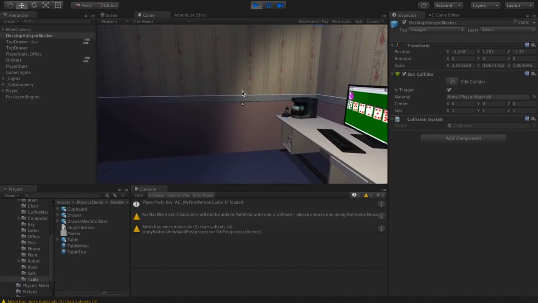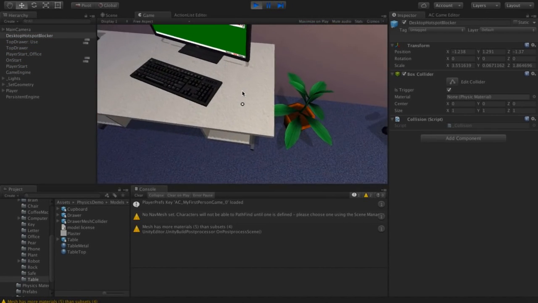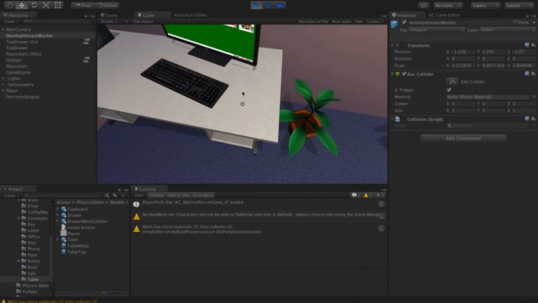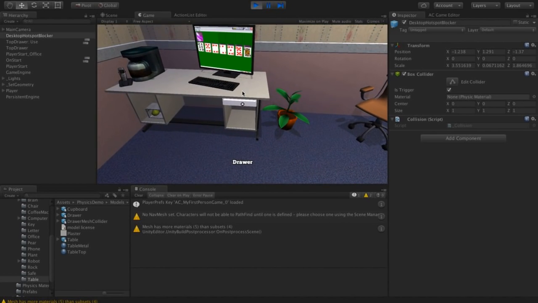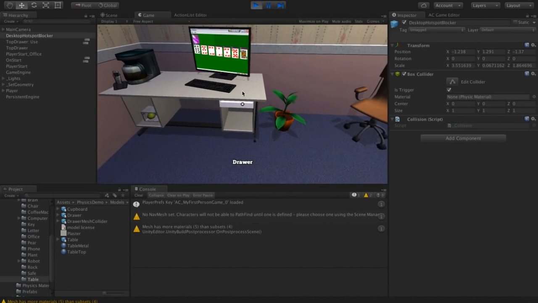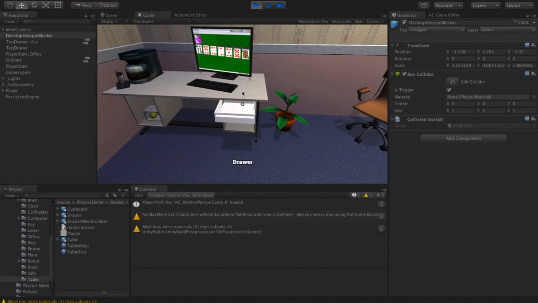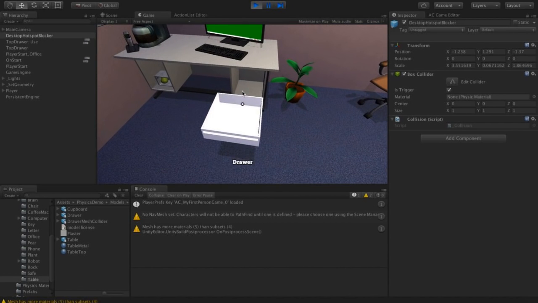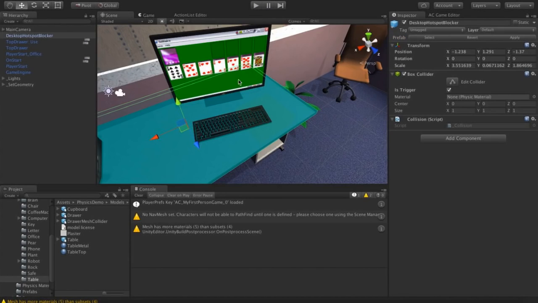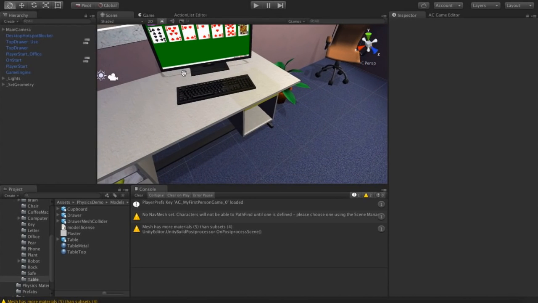So now when we look down on the desktop, we can't select it. We can only do it by going out a little bit and then viewing the desk drawer itself. Now let's make it so that we can open and close the drawer. We first have to create a variable to keep track of its state.